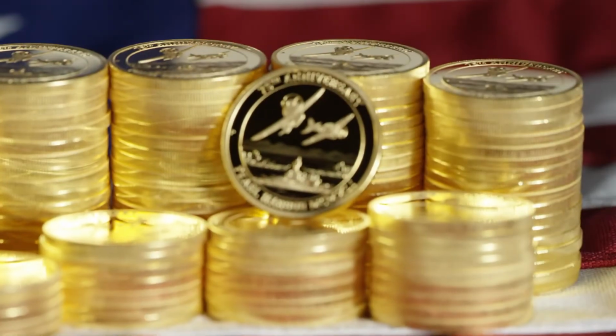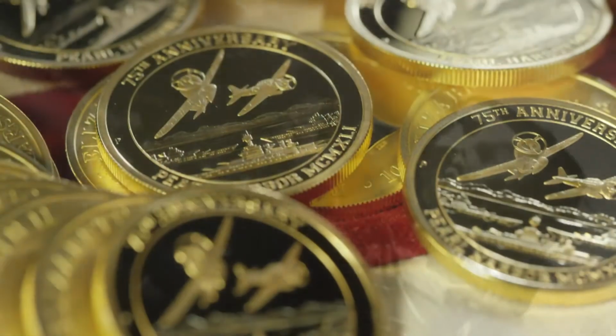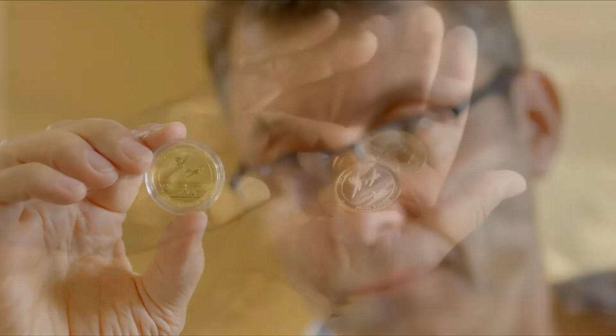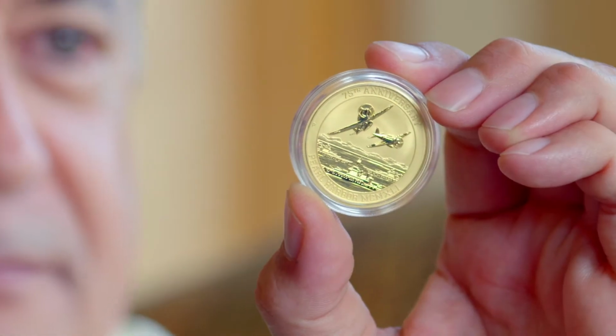The 1 ounce Pearl Harbor gold coin pays tribute to one of the most prolific moments in world history, the attack on Pearl Harbor and our country's official entry into World War II. Exclusively available through U.S. Money Reserve, this limited production gold bullion coin is a unique 24-karat gold coin authorized as official legal tender. History comes to life with each 75th anniversary Pearl Harbor gold coin, made from the highest purity